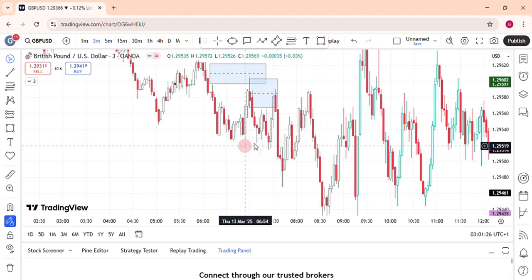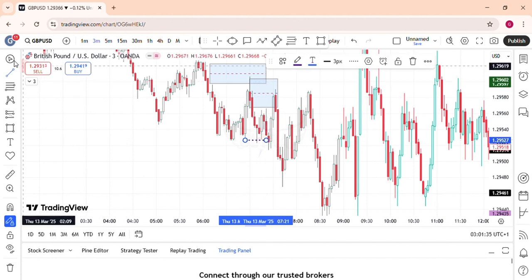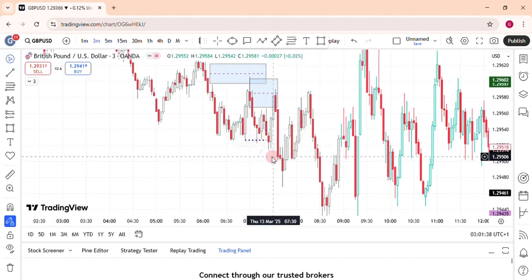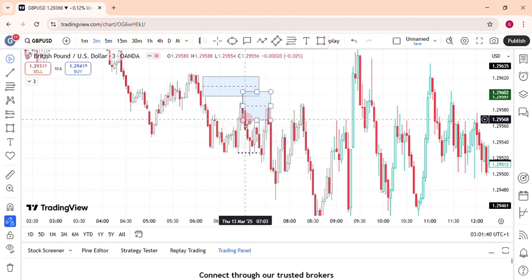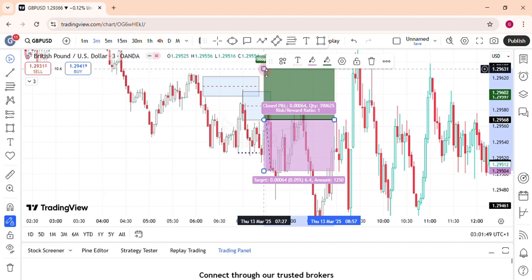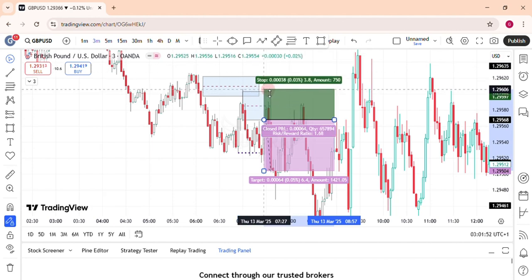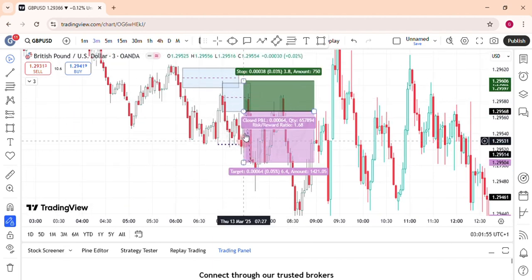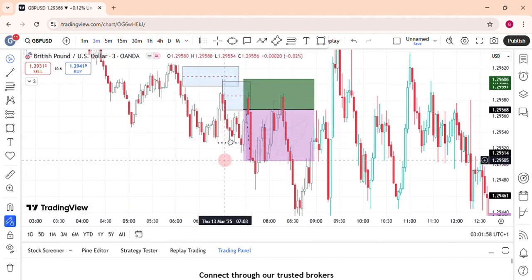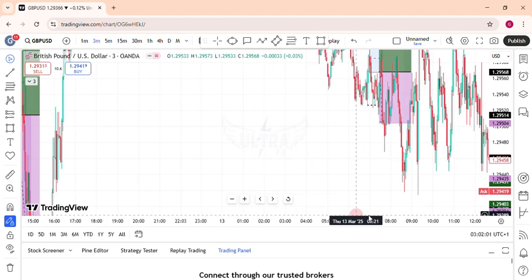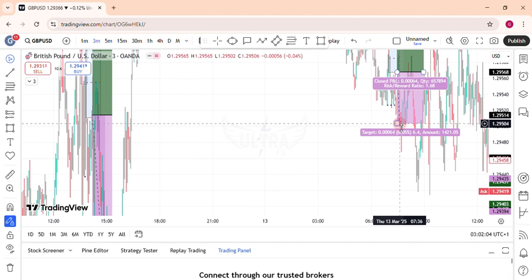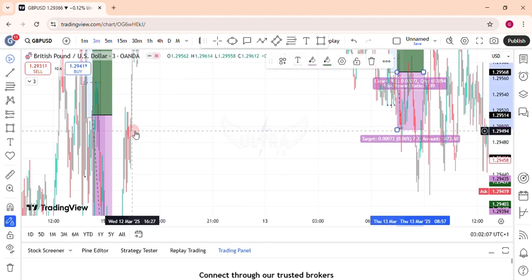to actually give you a proper break of market structure here. You can see price closed below it, and when price comes back to fill in this fair value gap, it gives you a good entry, a short position. So this is just it. You put your stop loss here, and you put your entry right here above this fair value gap, and your take profit should be at the start of this fair value gap right here.